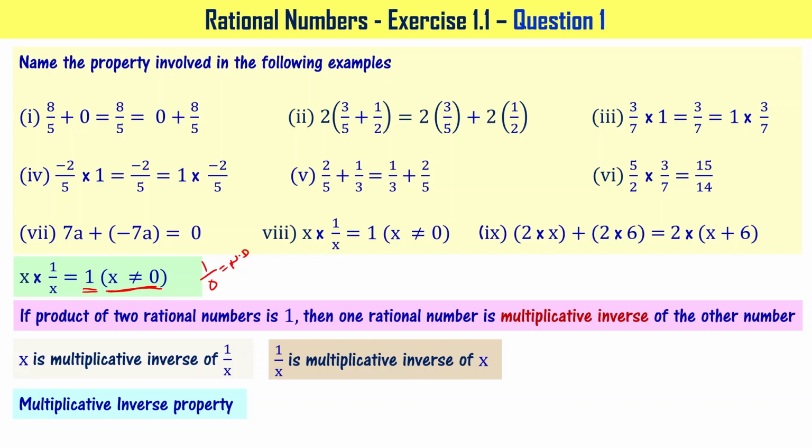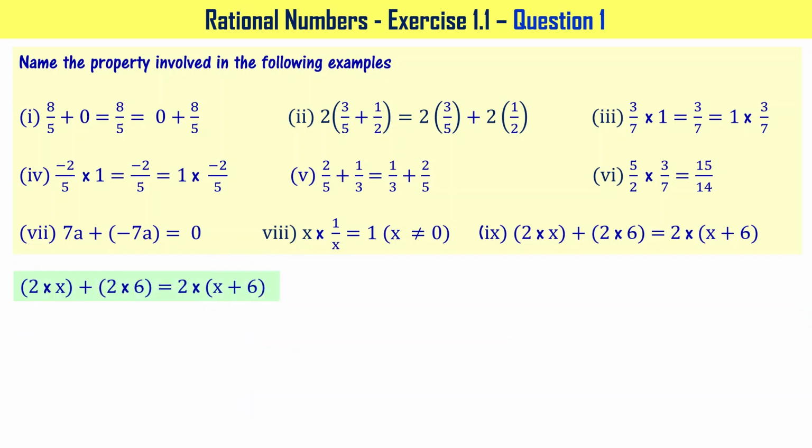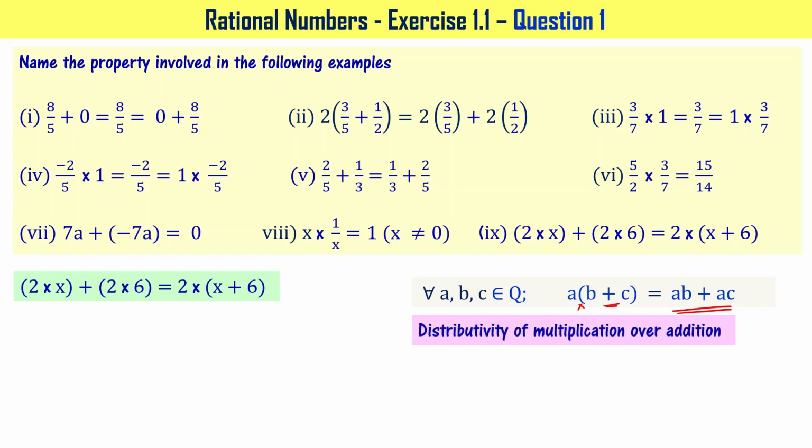Now let's see the last part of the question. 2 times x plus 2 times 6 equal to 2 times x plus 6. We have seen this particular property already. For all a, b, c belonging to Q, a times b plus c can be written as ab plus ac, right? We are distributing the multiplication over the addition, right? This is called distributivity of multiplication over addition,